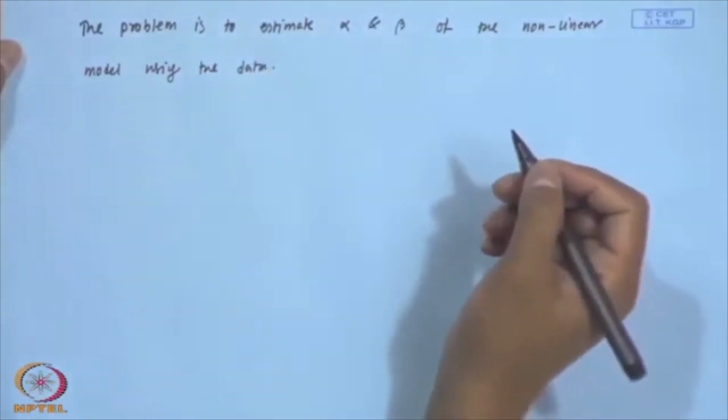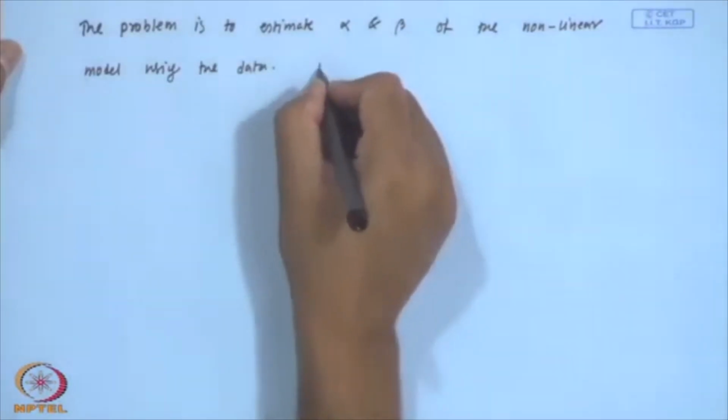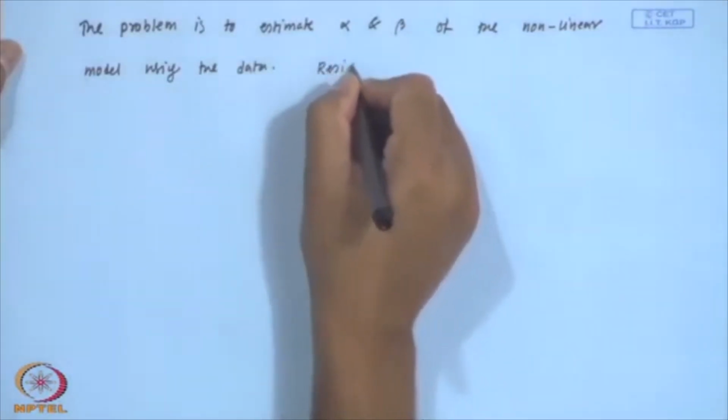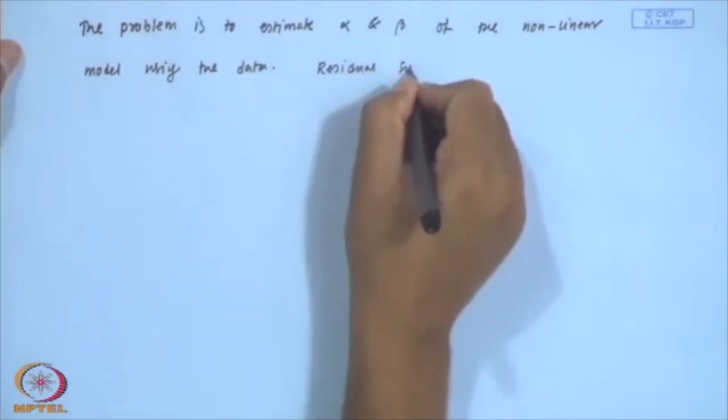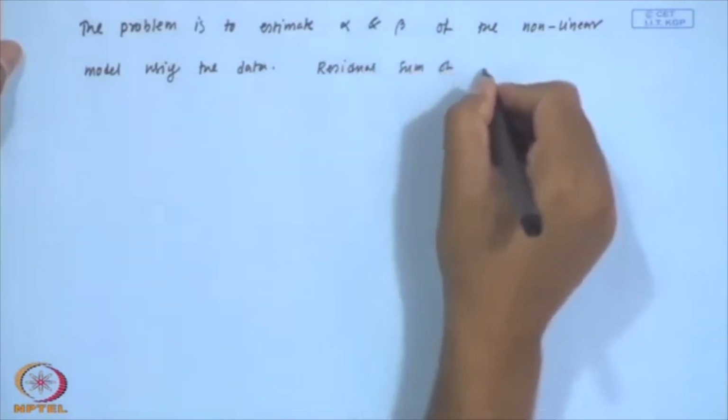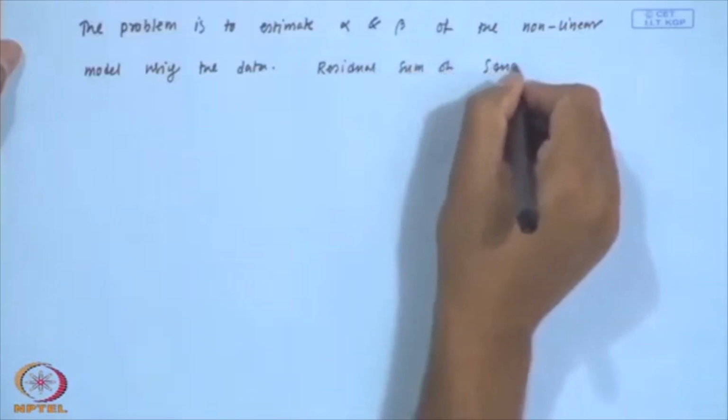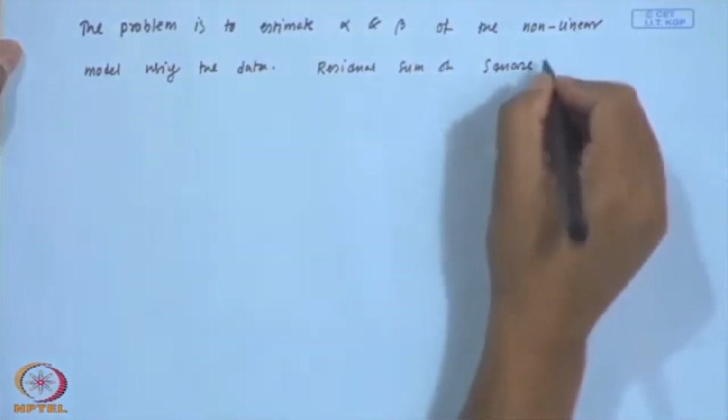Okay. So, the residual sum of squares can be written as